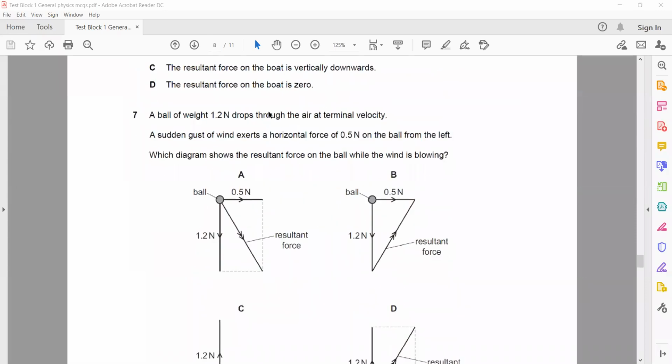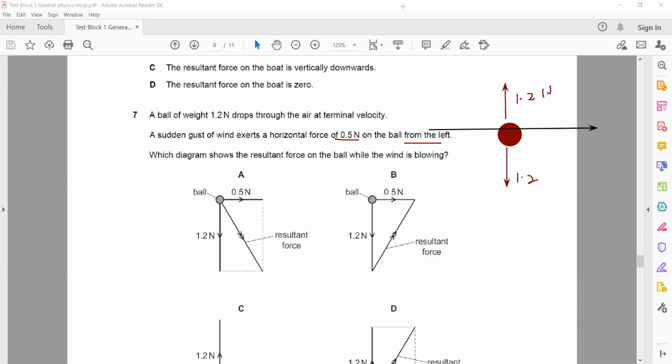In question 7, the weight of a ball is 1.2 and it falls through the air at terminal velocity. Whenever there is terminal velocity, the condition is that the weight of the object is balanced by the air resistance. So the weight is 1.2, what should the air resistance be? That should also be 1.2. Then they mention a sudden gust of wind exerts a horizontal force of 0.5 from the left. So there's another force which is acting from the left